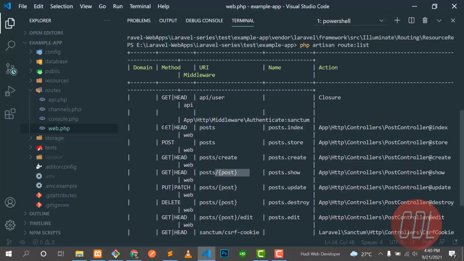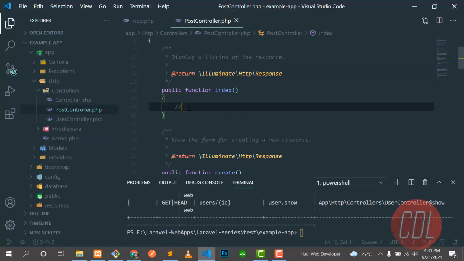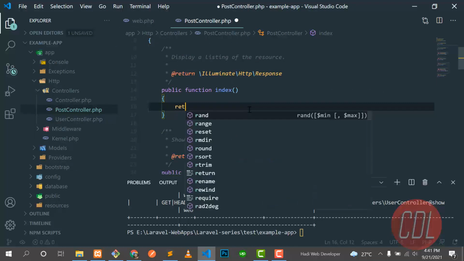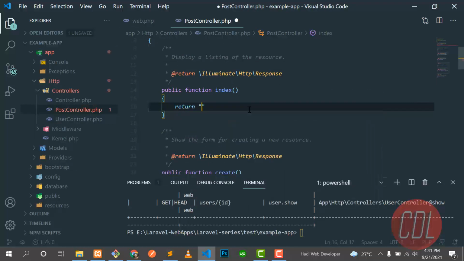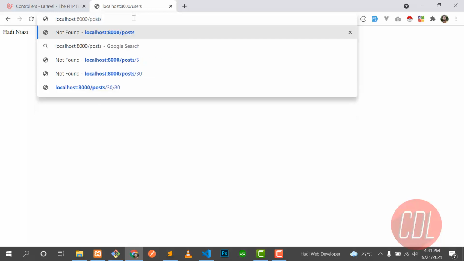So let's go here and execute the first one, get index. Now let's execute this first index method. So we are on the post, and let me open this PostController, and this is the index method. I want to execute this index method. So hello, I am index method, right? Need to save this, and let's go to the web browser, and you need to type here post.